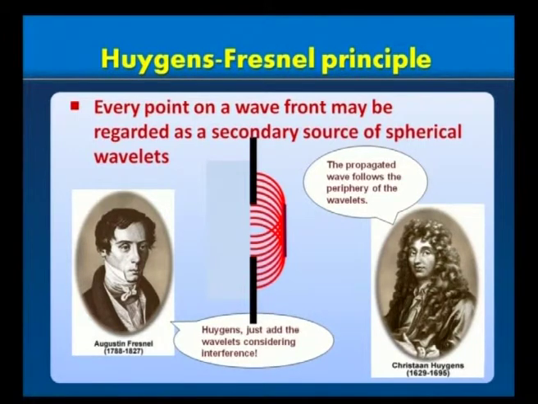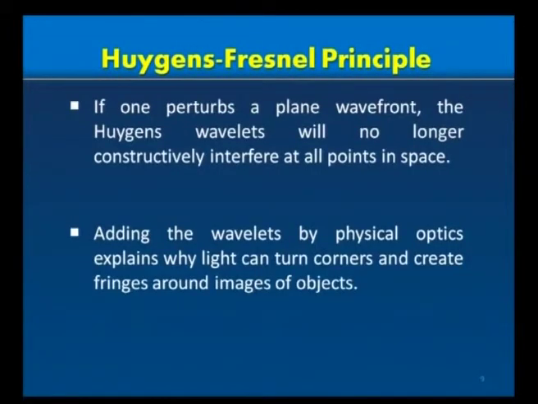and also Fresnel. Okay, Huygens, listen to me, just add the wavelets considering interference, right? Of course, the wavelets are interfering. So, you have them, you go to the era of Huygens and Fresnel. Therefore, if one perturbs a plane wave front, the Huygens wavelets will no longer constructively interfere at all points in space. Adding the wavelets by physical optics explains why light can turn around the corners and create fringes around the